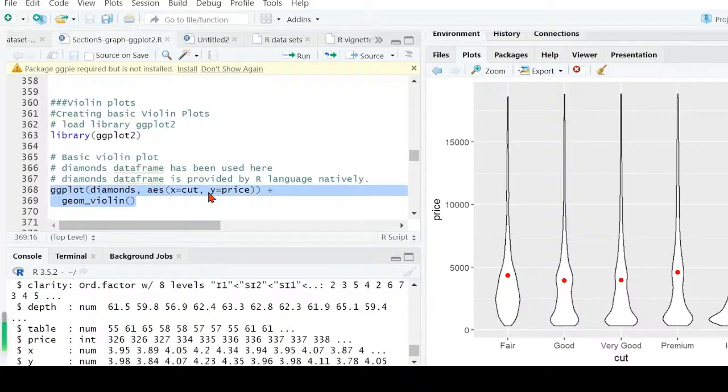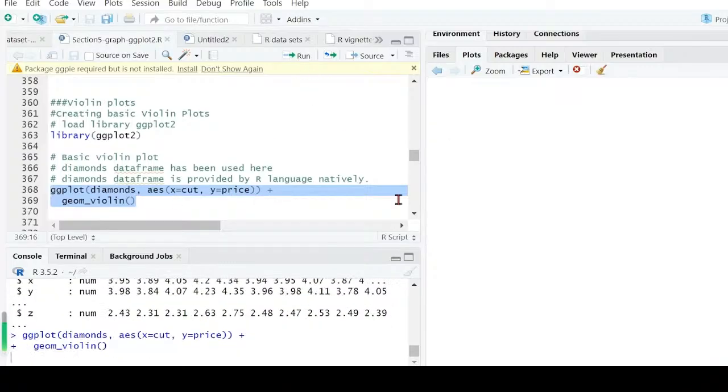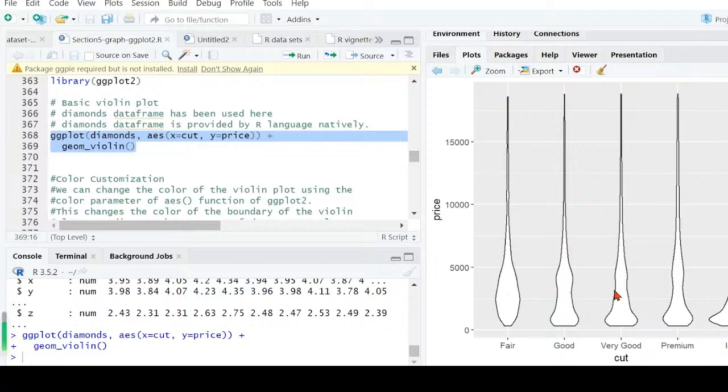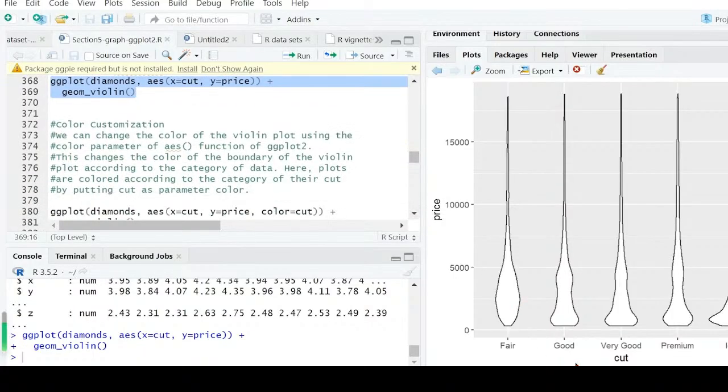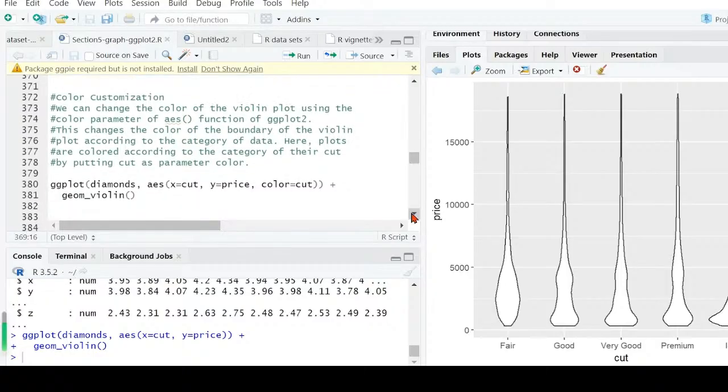So we plot diamonds, x is cut, y is price, a violin plot. So this is a very basic violin plot with the default color. See, this is the shape like a histogram for the density, and symmetric for both sides. For the 5 cut levels, each has a violin plot for the price value, and we can customize with the